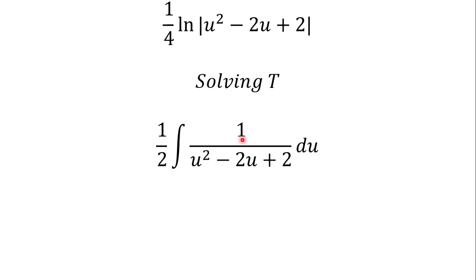What are we going to do then? Well, we can factorize this expression here. But before we factorize, we can write 2 as 1 plus 1. When we factorize this one, it won't work. But when we write 2 as 1 plus 1,